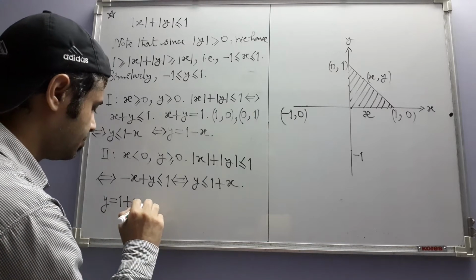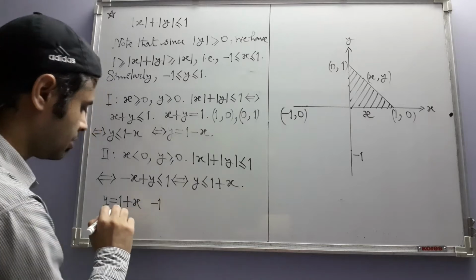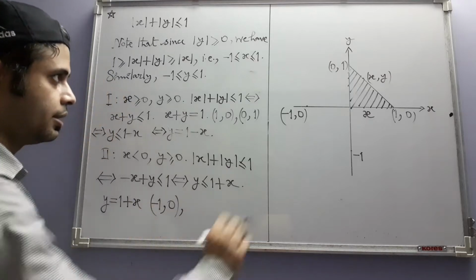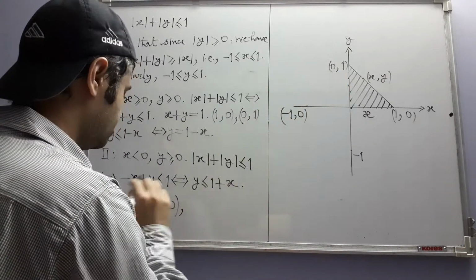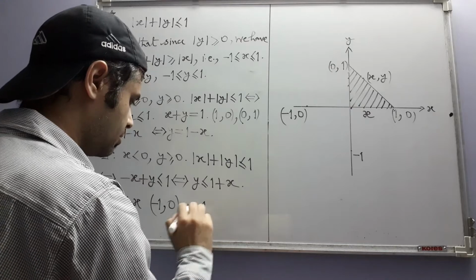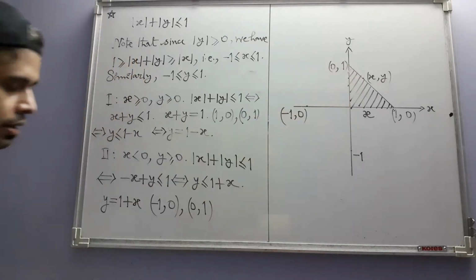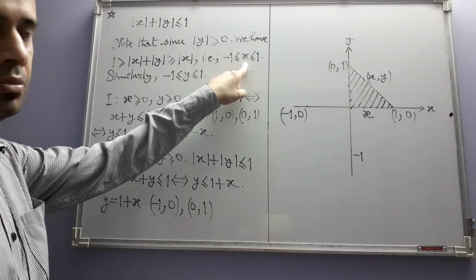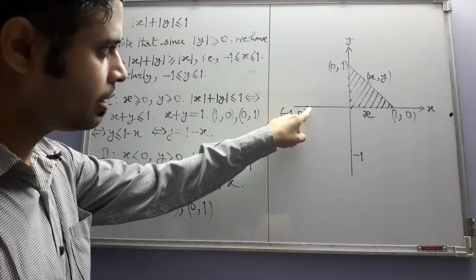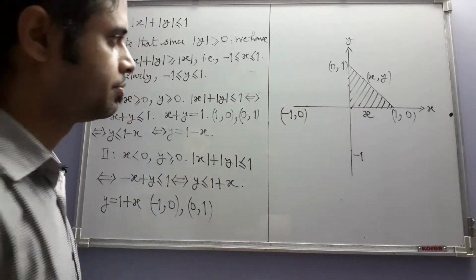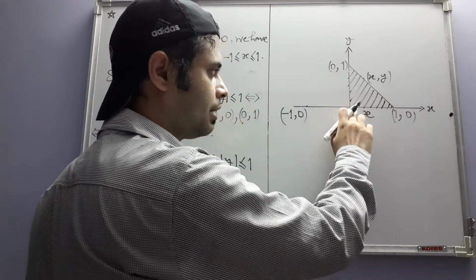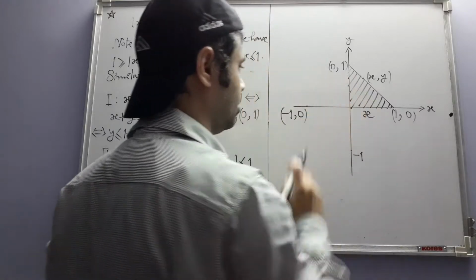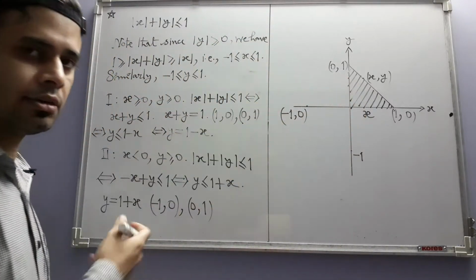If we take x equal to minus 1, then minus 1 plus 1 gives us 0. Like that, if we take x equal to 0, then y is equal to 1. So this is again a point on the line. But keeping in mind this inequality, x will lie within these two extremes. x cannot now take the value 0 because x is less than 0. So x must lie to the left of the y-axis, but it can take the value minus 1.